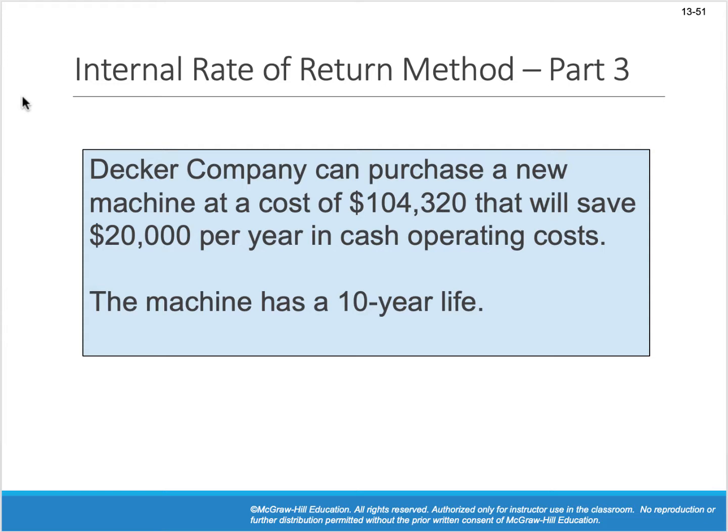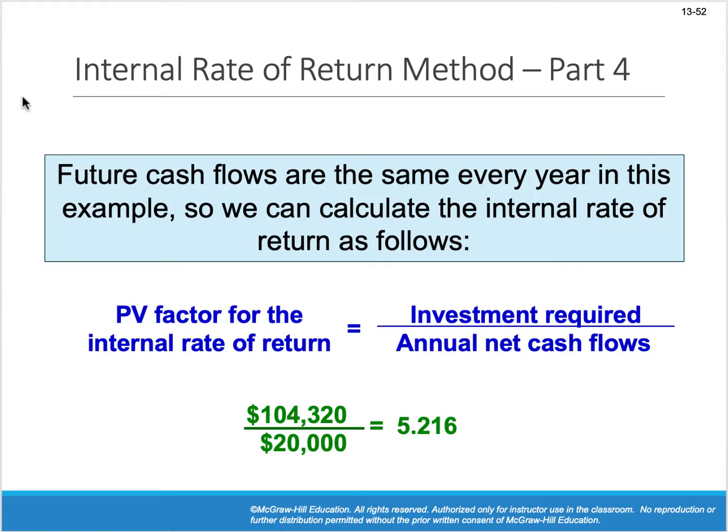Okay, sounds good. The machine has a useful life of 10 years. So the thing to notice here is that since the cash flows are going to be the same every year, that $20,000, we can use the simple equation that we see here on the board,